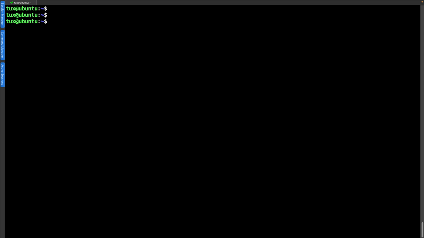Now here we are then on my Ubuntu system. I've already got Ansible up and running, and I have two Ubuntu systems including this system and two Rocky 9 systems that we're going to look at managing. The first thing is we have to understand how we can read from the log files.